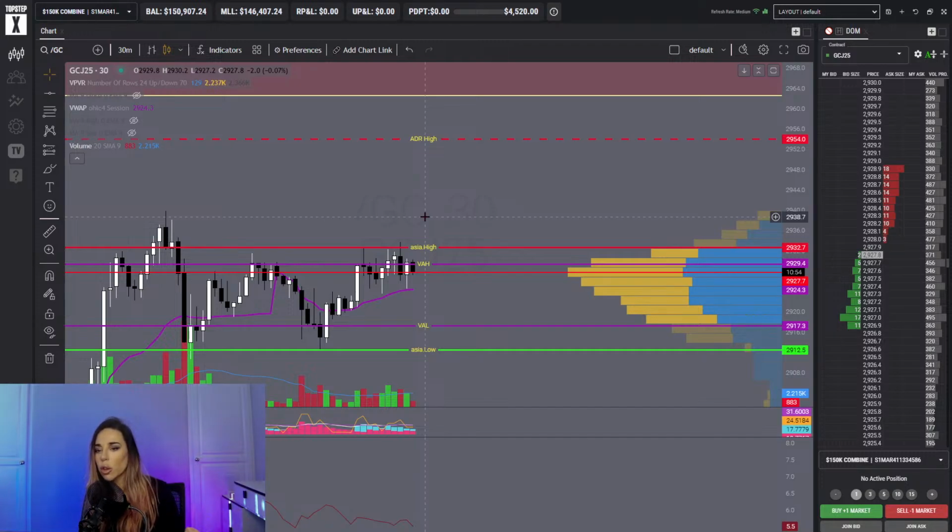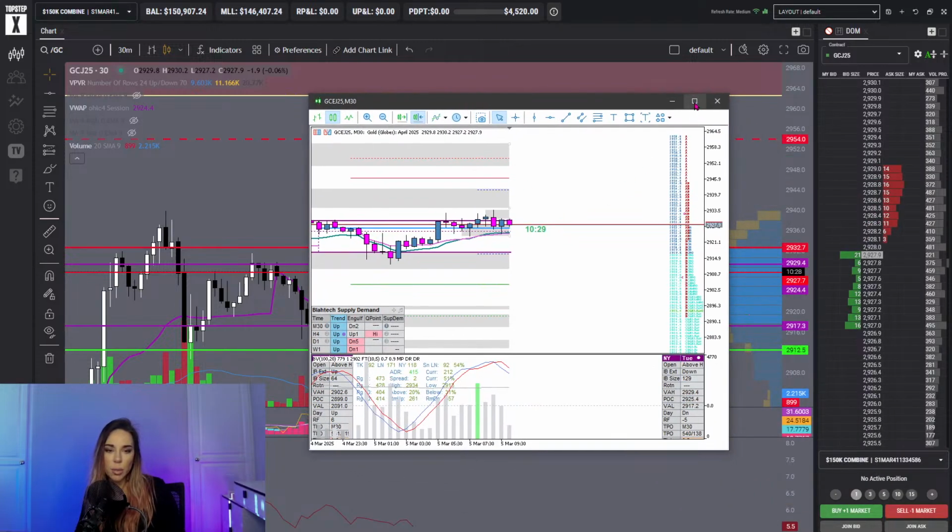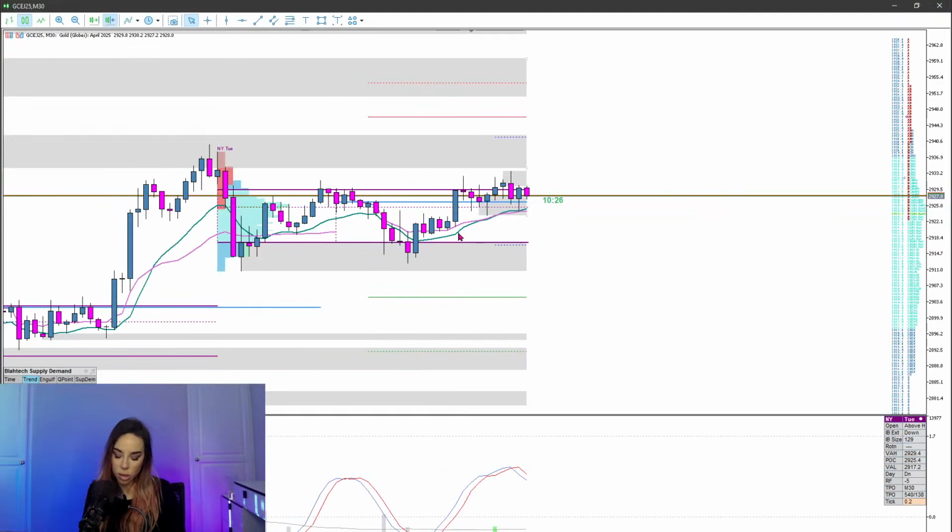But my primary use for these is to figure out whether my trade has any space left, and whether we are in a normal day that will respect the statistical averages or whether we're just going to smash through them and keep going. So again, it gives you a framework to work from. It's not like I'm guessing it's going to go up. If we're already up here at 29.54, and actually it happened yesterday, there's no backtest mode on Topstep, but I can show you this yesterday. So if I go back in time